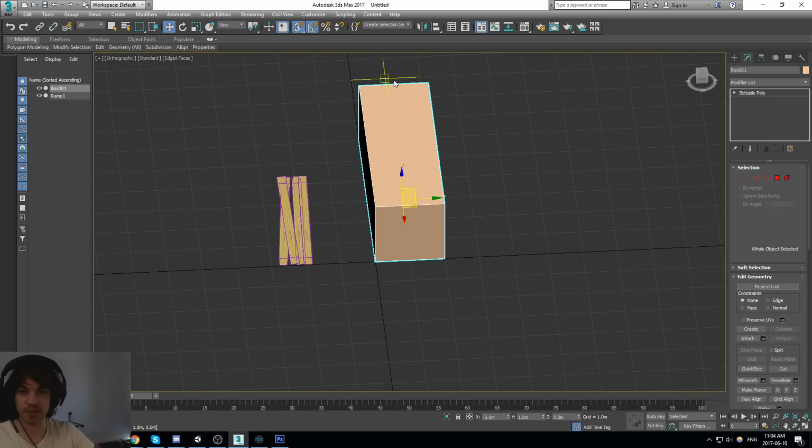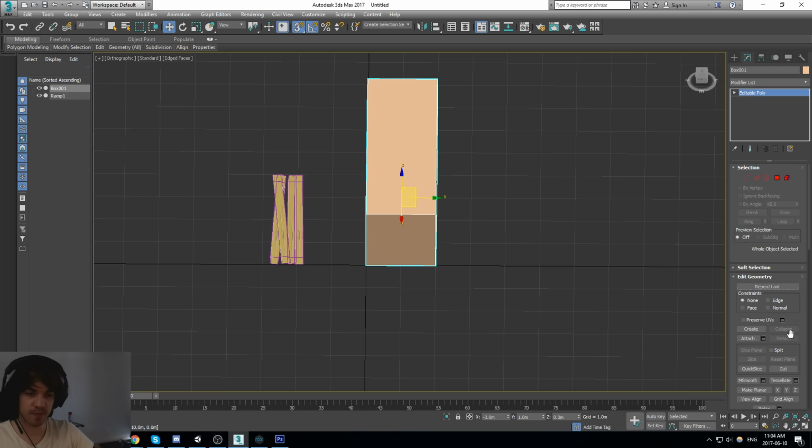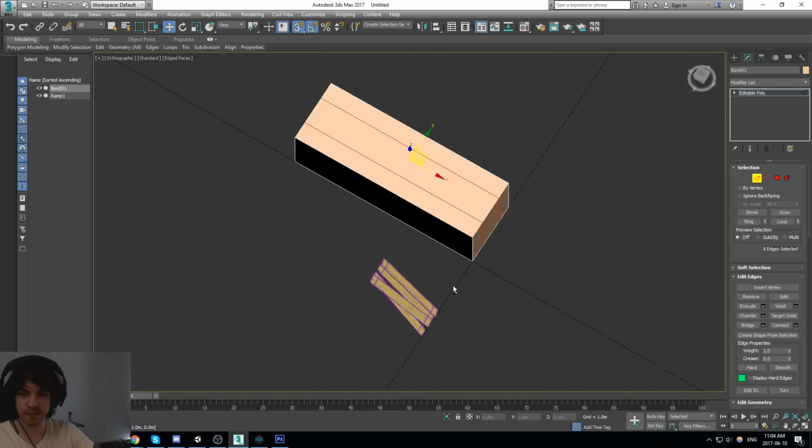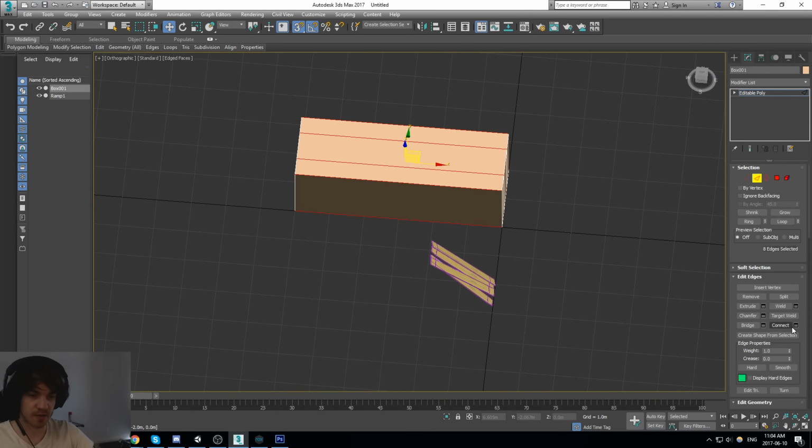I want to make it a little bit rounded to give it more of a cartoony feeling. So maybe connect these edges. We'll use this, then connect the other ones.